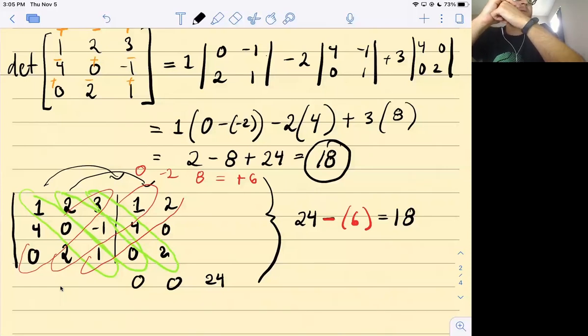Okay, now just the last thing here is, well, how does this connect to Cramer's rule? The awesome thing is, once you know what a determinant is, Cramer's rule is exactly the same for a 3 by 3 system. You just have bigger matrices, but the idea is exactly the same. So